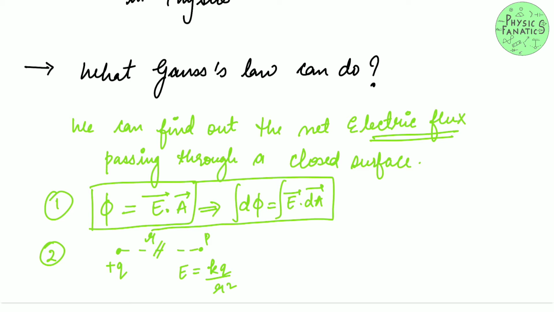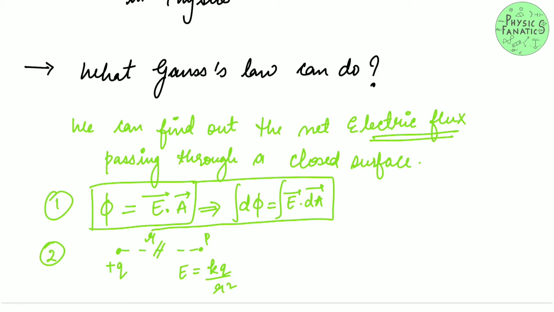Then the question is, why Gauss law? Why do I study one more additional law to do my problems? The answer is that Gauss law makes it easier for some cases. I'm not talking about all the cases, but for certain symmetric cases Gauss law is very useful. It is very easy to find the net electric flux, or in many cases the electric field due to any particular closed symmetric object. So I'm not saying that it is easy for all cases, but for certain symmetric cases, which we are going to discuss today. I hope you got that.